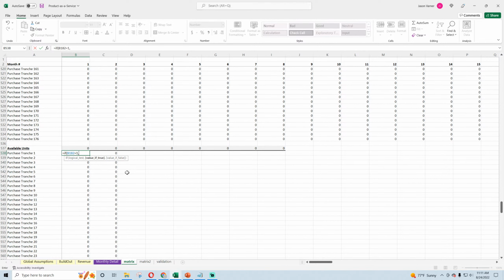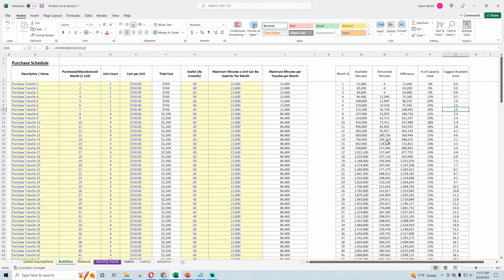We might need to add more metadata here. So we need to know how many were actually purchased. Or wait a second, is there an easier way to do this? We can sum up. No, because this is dynamic over time based on the start month. I need to know how many units are active.